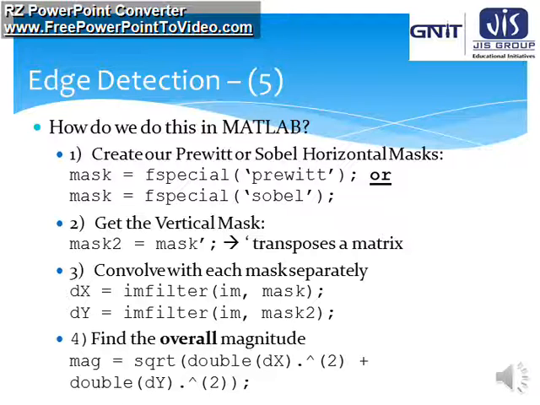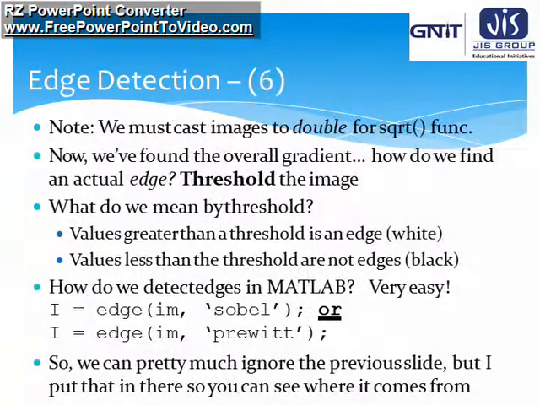So this is the process by which we can find the magnitude. We must cast the images to double for the square root function, the sqrt function. Now we have found the overall gradient.